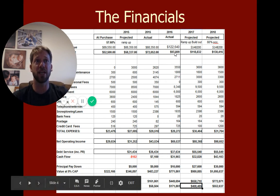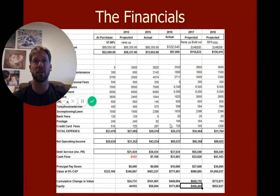2016, here are the numbers again. We continued to increase revenue up to just under $98,000. Our expenses didn't change all that much, because the truth is a lot of expenses stay stagnant even as your revenue increases. Once you start adding buildings and whatnot, expenses will go up a little bit, but not nearly. The expenses don't go up nearly as fast as the income does, which is what makes storage an awesome investment